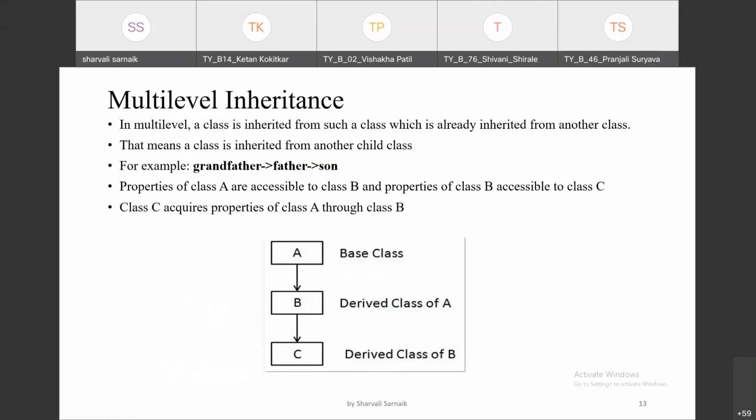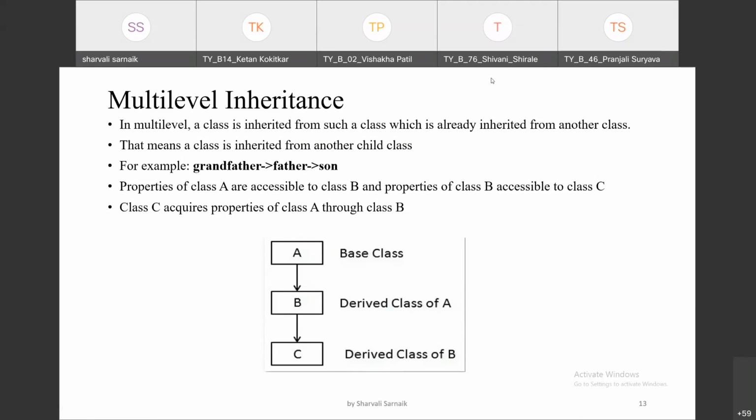Now the second type. The first type we have seen is single inheritance. Next is multi-level inheritance. If there is more than one derived class, that concept we call multi-level.